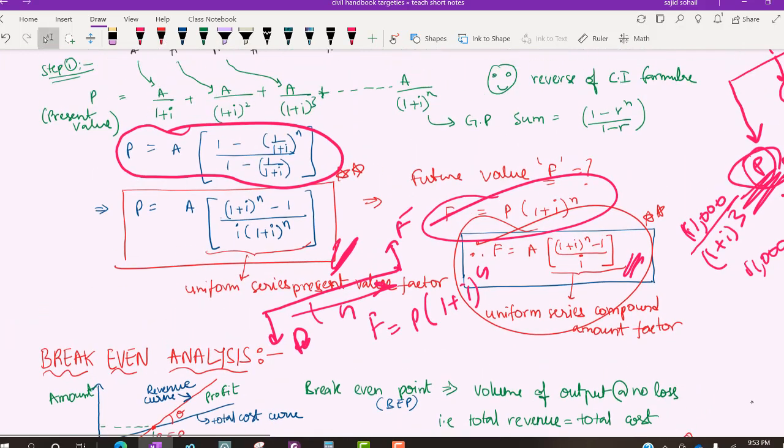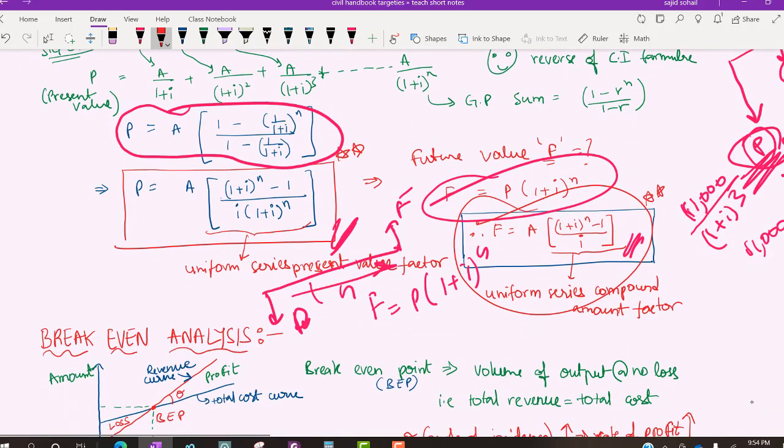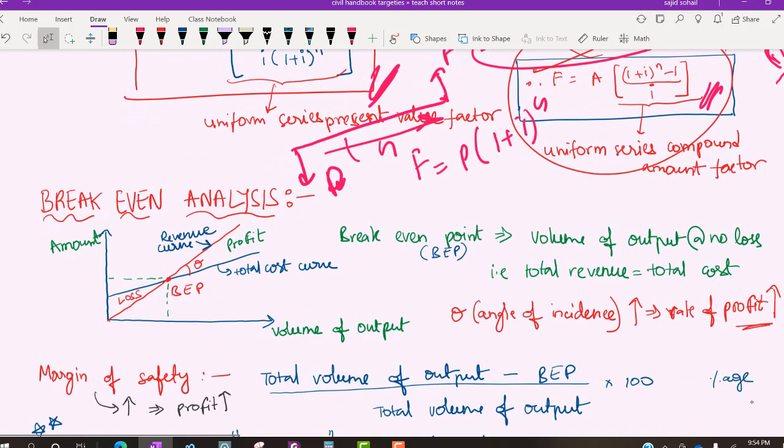But ये equal intervals वाला याद रखना है, because it is in geometrical progression and you can take out the formula and solve it in a better way. Even in prelims without using calculator you can solve it. That's why for equal payment series is very important, and remember these formulas. Okay, remember these formulas, or at least remember how you have to derive the formula in your examination.